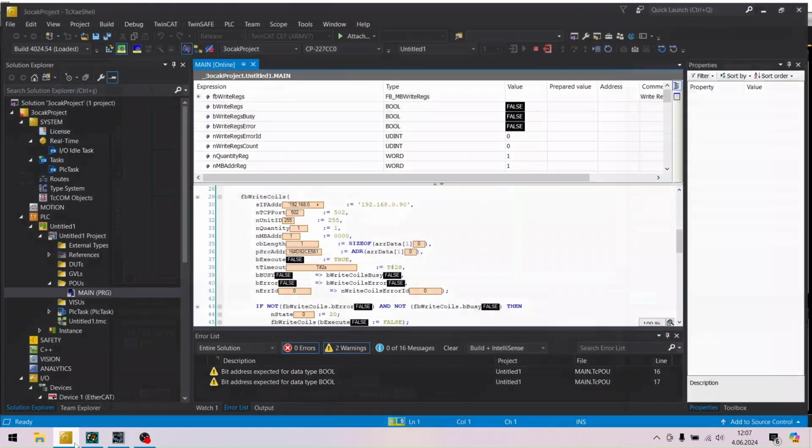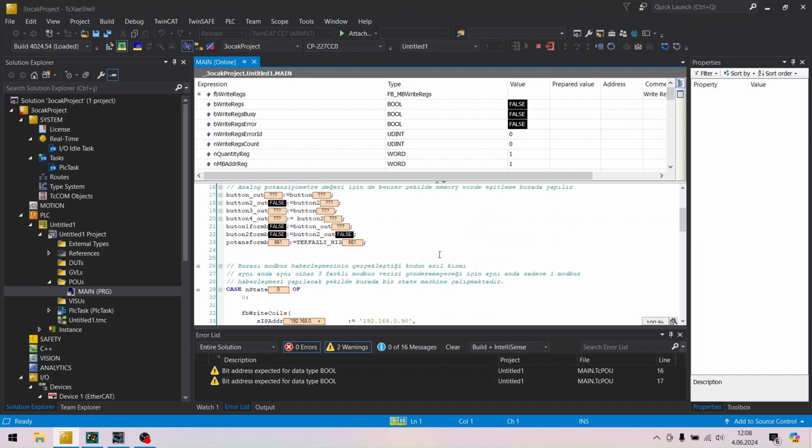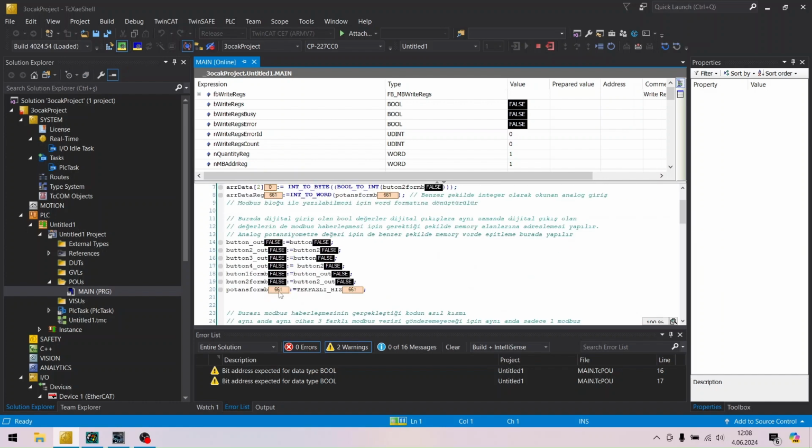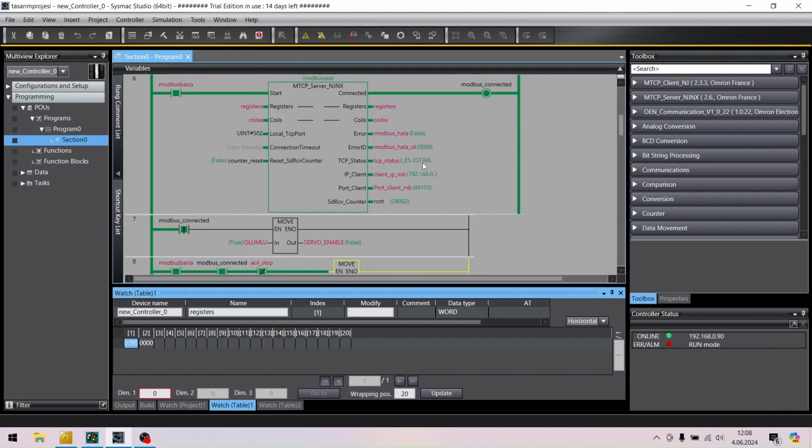In my case, on the Beckhoff site, I have 2 selector switches connected to the Beckhoff PC's digital input module, and also 1 potentiometer as analog input connected to the Beckhoff PC, and I'm trying to transmit them to the Omron PLC with Modbus TCP communication. You can see this is the value of the potentiometer, the value of the first selector switch and the second selector switch. Okay, if we come to the Omron site,